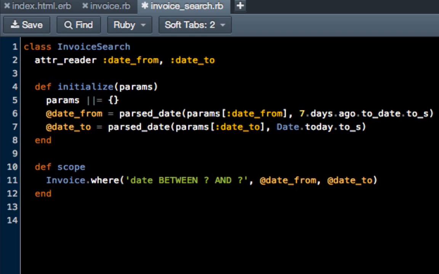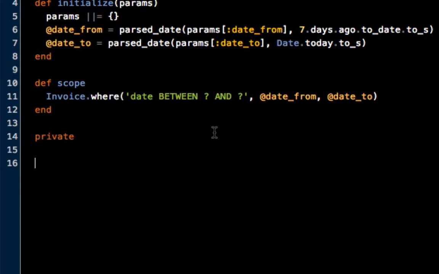The next thing we're going to do is create a private method. You remember when I talked about parse_date up here? That's what we're going to create, and we're going to make it a private method. Any methods below this are going to be private, and all that means is that if I make something private, nothing except this file can access it. I don't want some other model or some other controller being able to call parse_date for the invoice search function. This is something I want exclusive here. So I'm going to do def